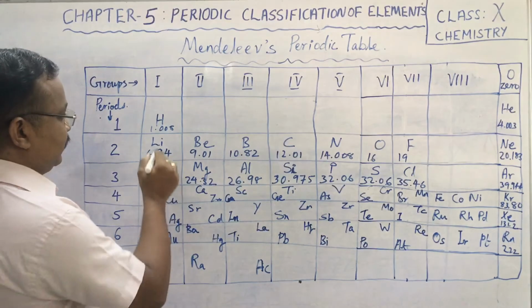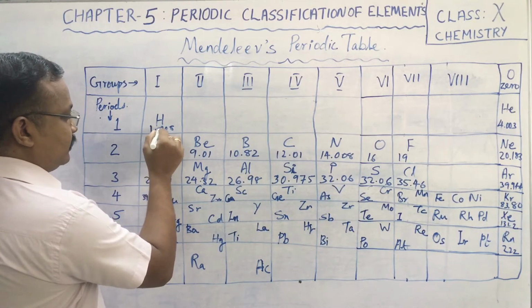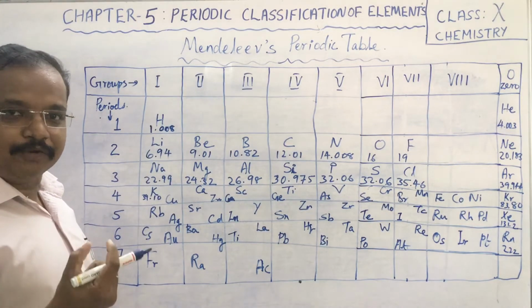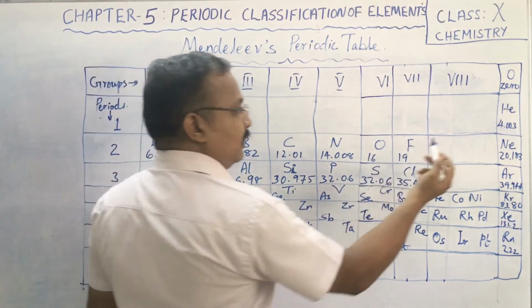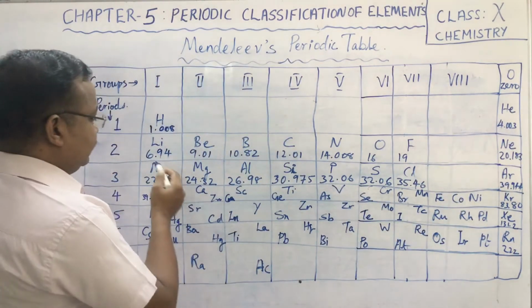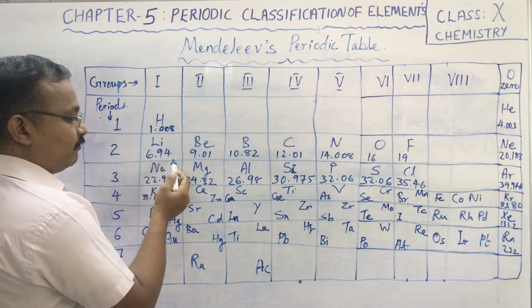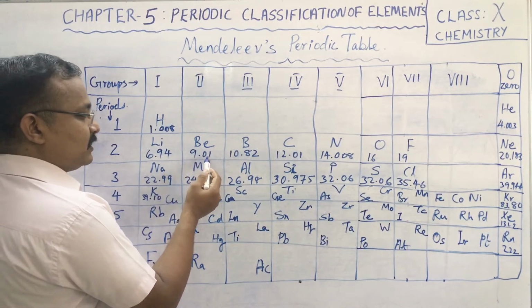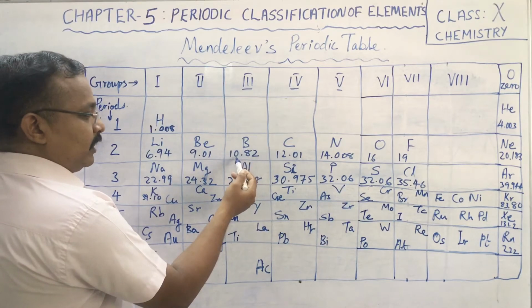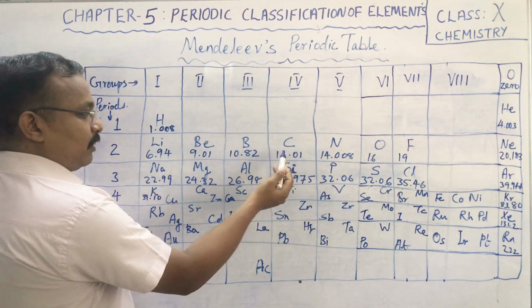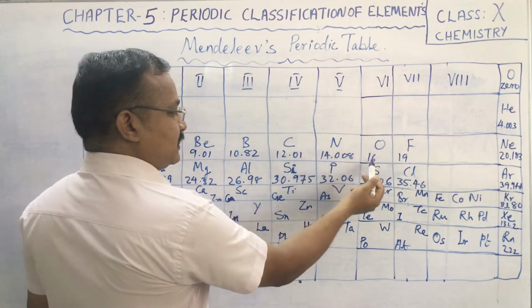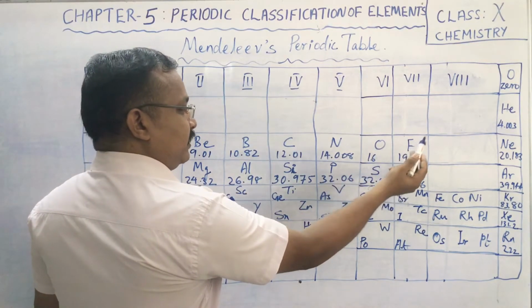Here you see hydrogen having 1.008, that is the least atomic mass, and then helium 4.003, then lithium 6.94, beryllium 9.01, then next increased, boron 10.82, carbon 12.01, nitrogen 14.008, oxygen 16, fluorine 19, then neon